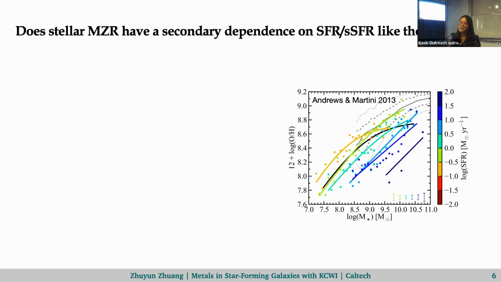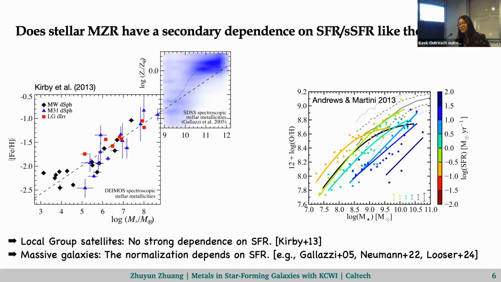This is really because these highly star-forming galaxies have a lot of gas in them, and that really dilutes the metallicity within the ISM. So what would be the case for the stars? It turns out that it's a little bit complicated if you look at the stellar MZR in the local universe. We know that in the Local Group, all the dwarf satellite galaxies fall on one universal stellar MZR, whether they are star-forming or quiescent. In other words, we do not see strong dependence on the star formation rate in terms of the stellar MZR